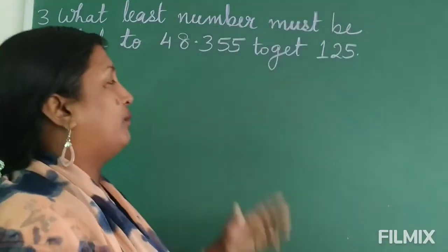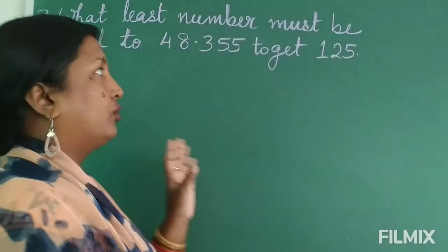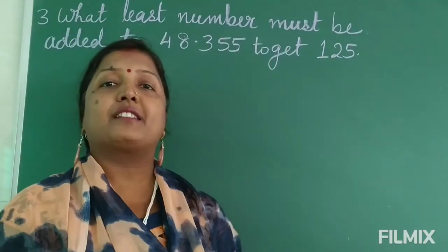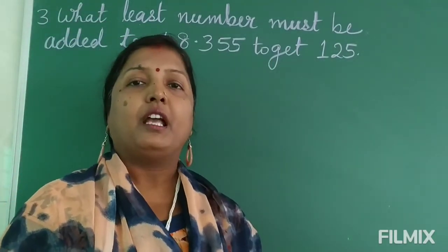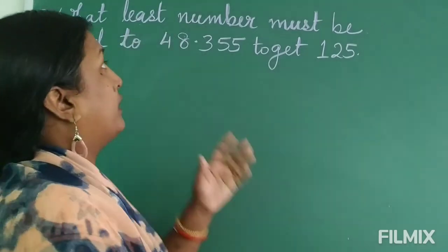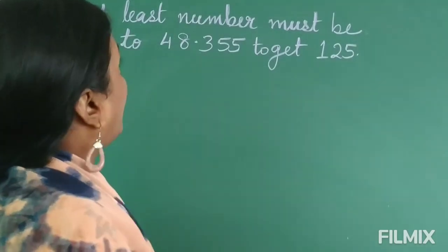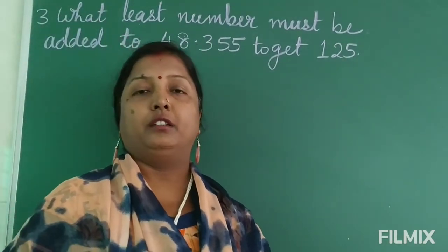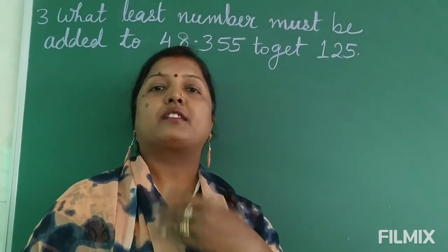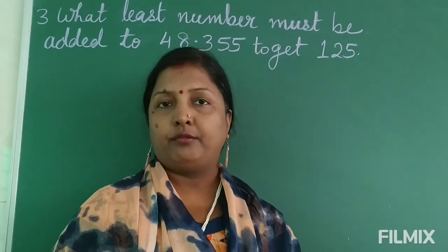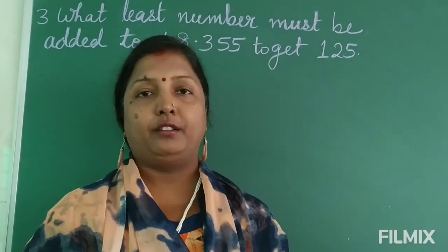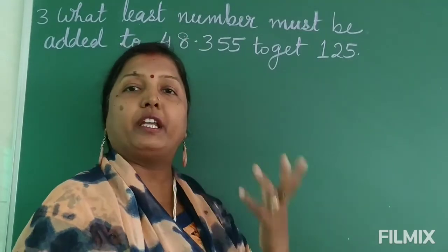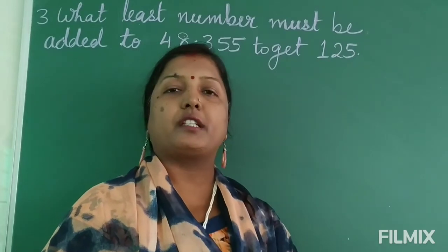So children, when there are numbers like this and you are confused, and you know the English very well, you can replace these numbers with some simpler numbers and try to understand how to get it. Say for example, if I say what least number must be added to 10 to get 15, your answer would be spontaneous. Ma'am, 5. We will add 5 to 10 and we get 15. So yes, that is what you have to do here. Here the numbers may look very complicated, but the operation is the same.